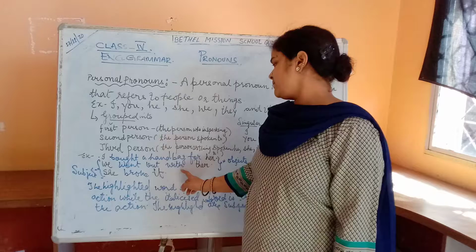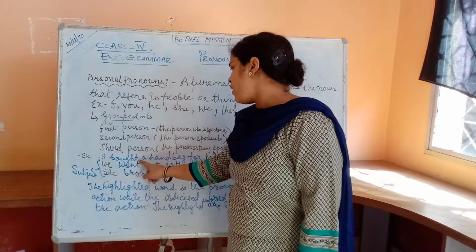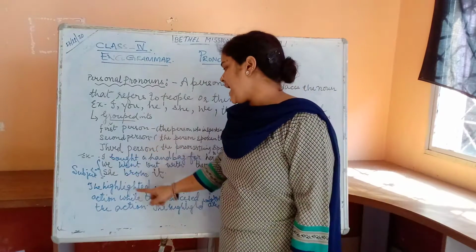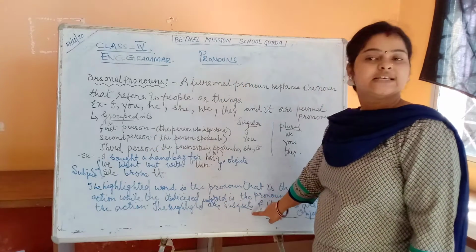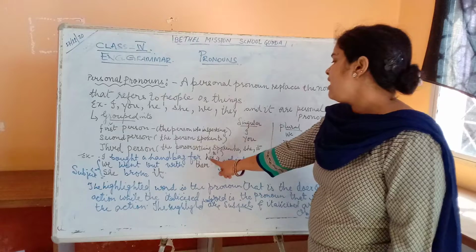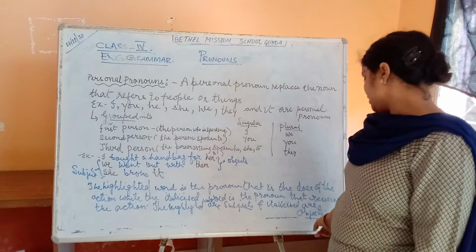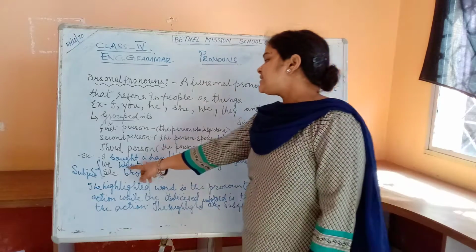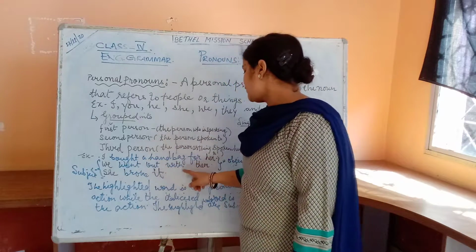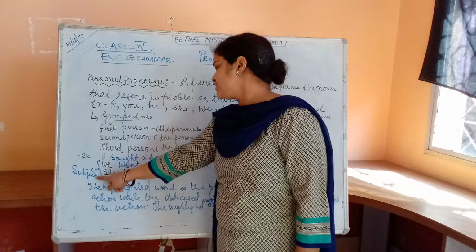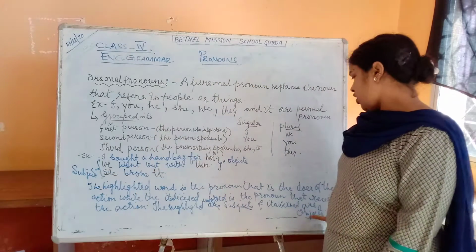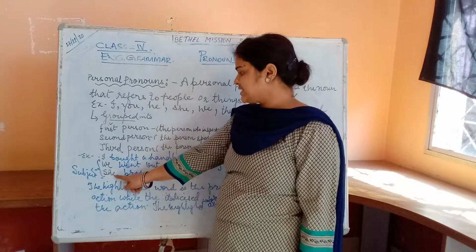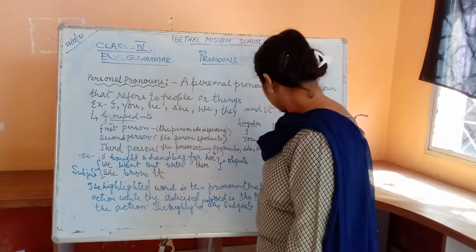How to use personal pronouns. I bought a handbag for her. Here, I is the highlighted word, which is the subject, and her is the italicized word, which is the object. Second sentence: we went out with them. We is the subject here and them is the object. In the third sentence, she broke it. She is again the subject and it is the object.